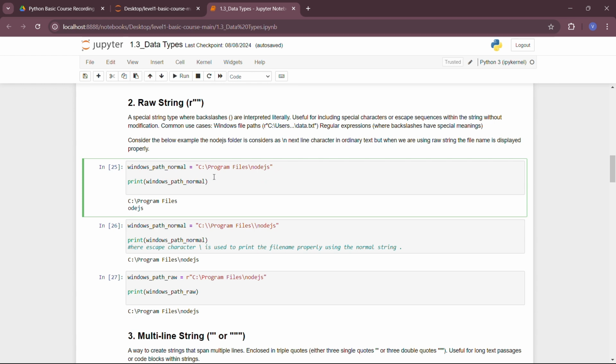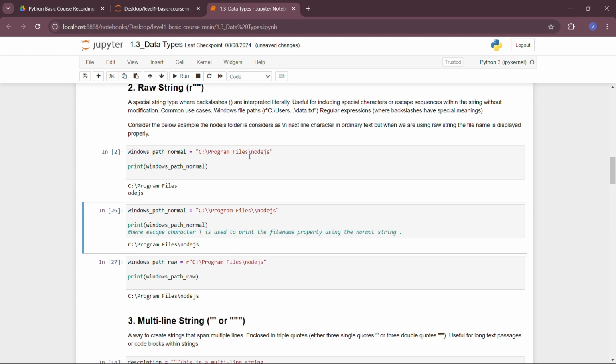The path is: in the C drive there is a folder called program files, and under that we are storing a file known as node.js. Let's try to print this path and see what happens.